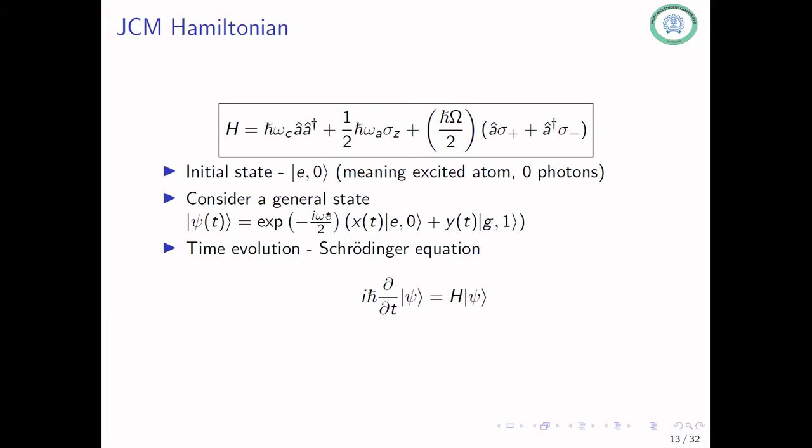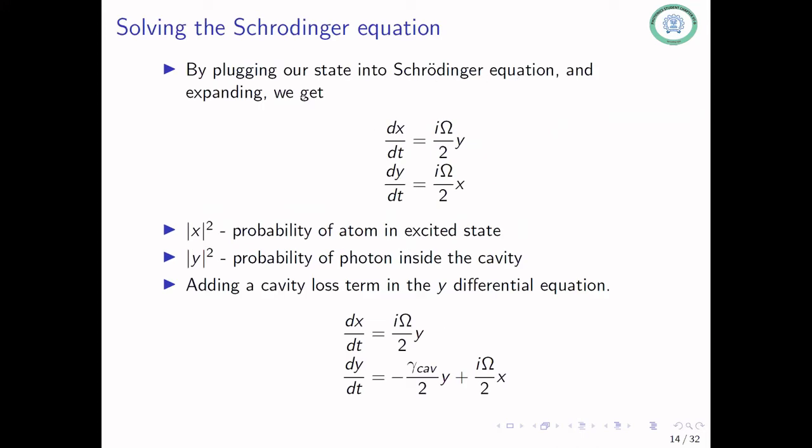So we can apply the Schrodinger equation to this, and we can expand this out properly. So far we are not really considering anything exiting from the cavity, but we'll adjust for that later. If you put that into the Schrodinger equation and do your calculations properly, you'll get a differential equation system that looks like this.